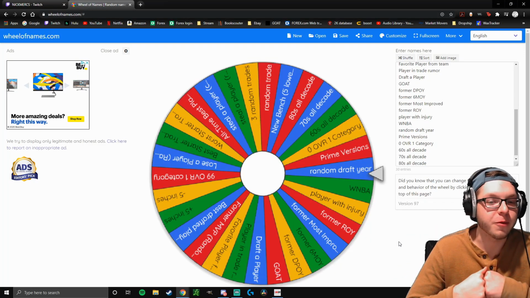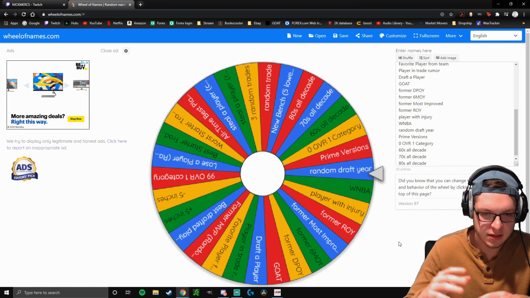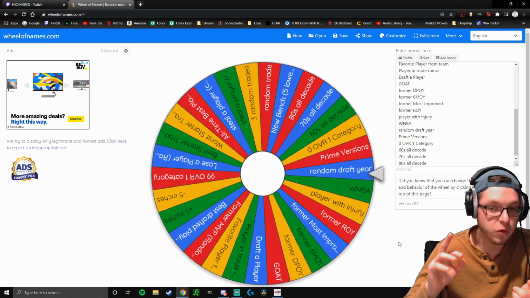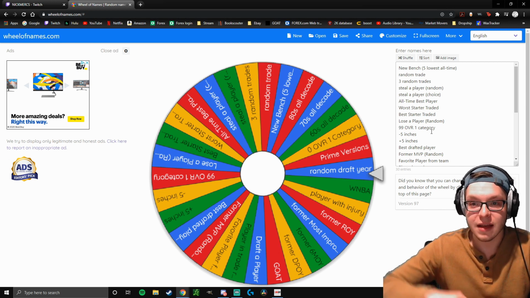What's going on, everyone? We are back with another wheel simulation video. What we're doing for this is we have the most random wheel. We are going to upgrade teams and we are going to downgrade teams with this wheel. We got things like